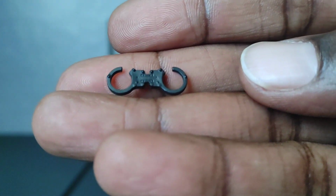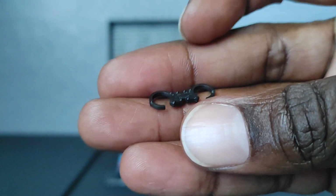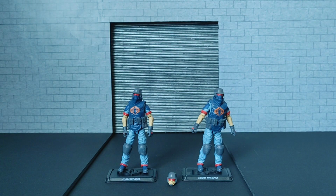And that's a closer look if you want to see how detailed it is. Pretty cool. All right, moving right along. As detailed in the file card description,